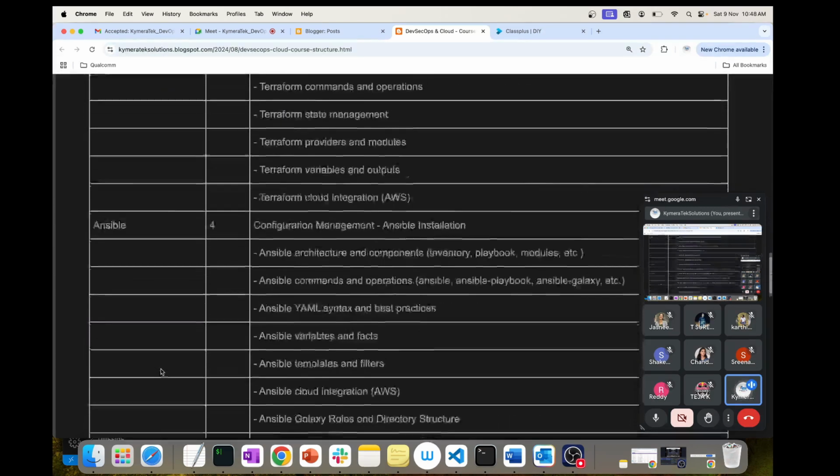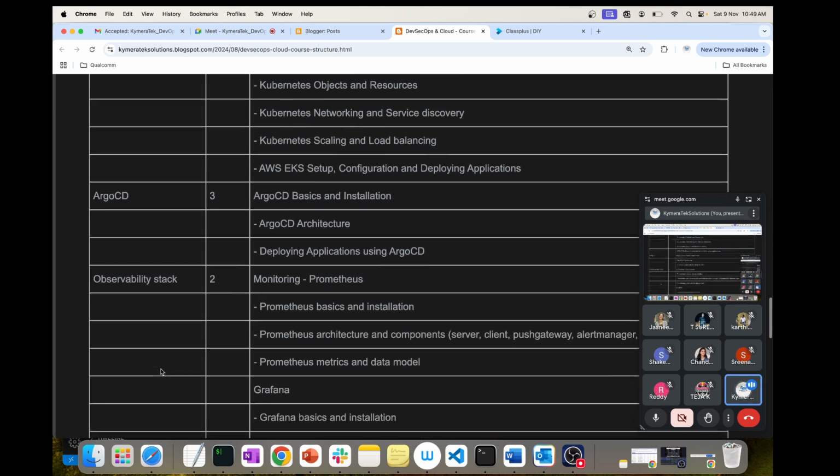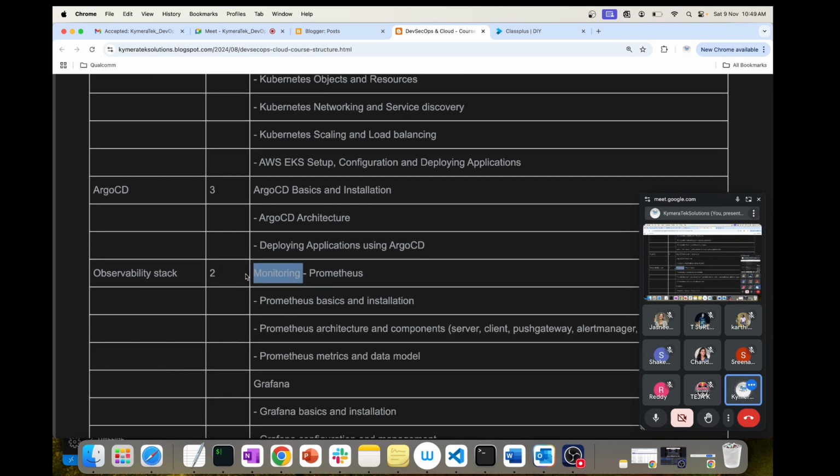So one is environment monitoring, second is tools based infrastructure monitoring, and the third one is application monitoring. So we have three types of things. Monitoring is an old terminology. When you say that you are a DevOps engineer, monitoring is not what you speak. You should speak about the observability stack.